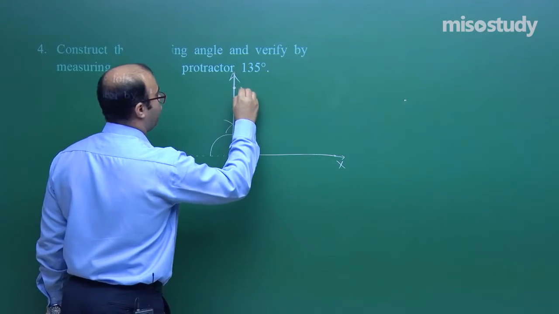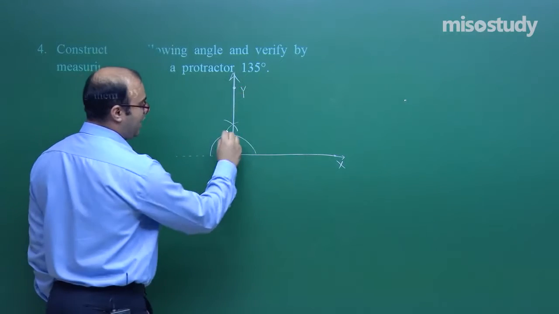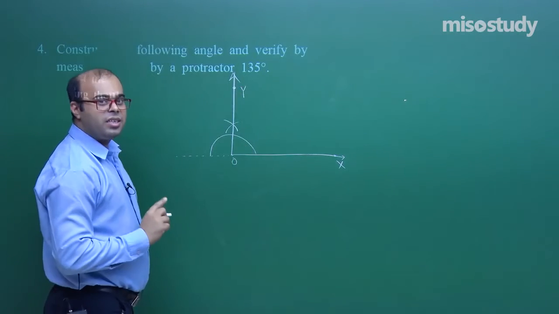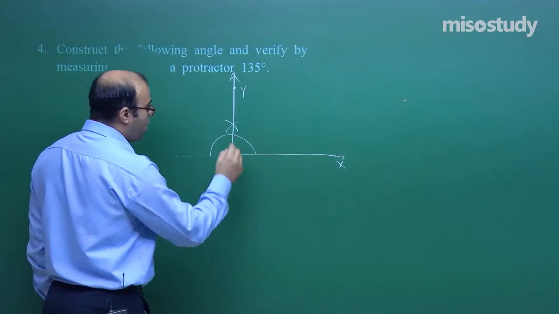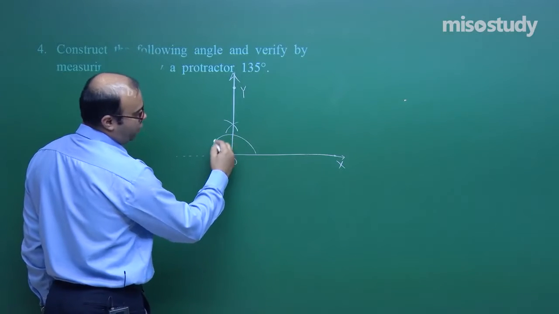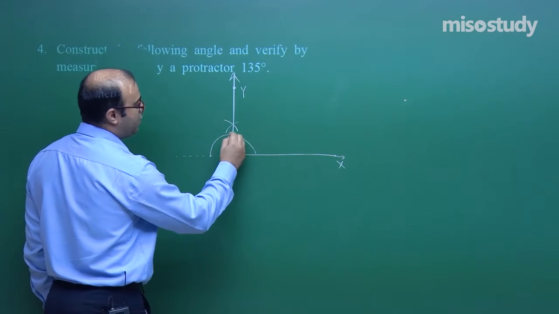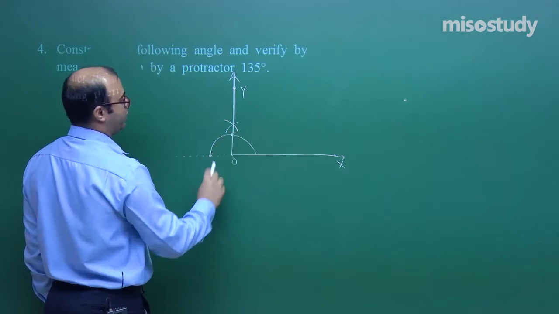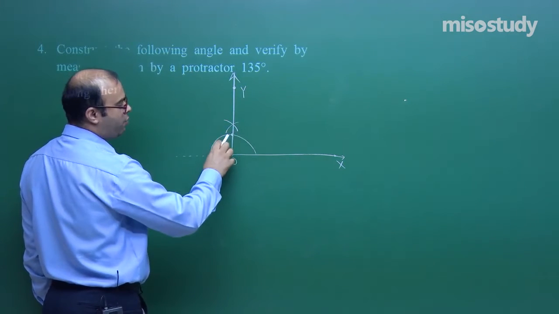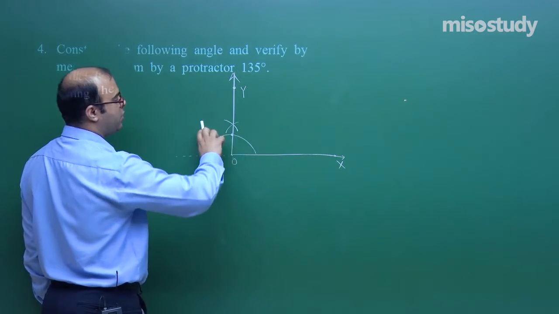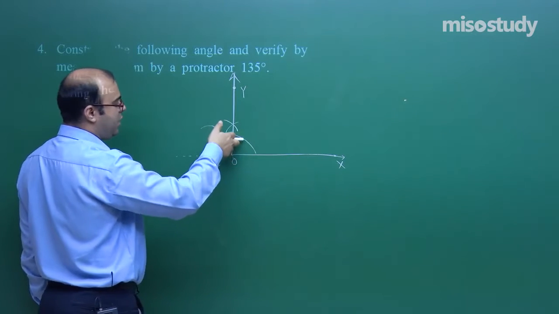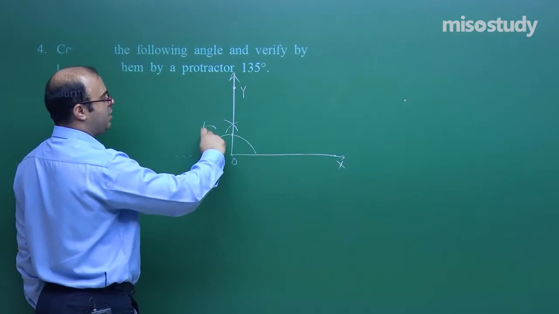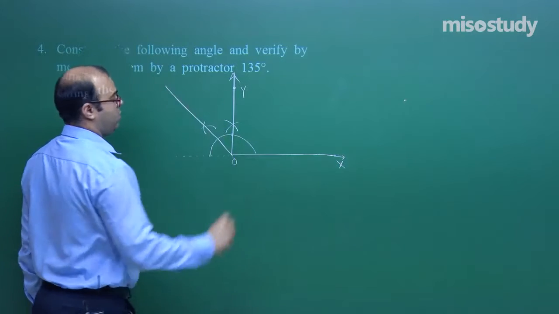So this is XOY. Now we have this angle 90 and this angle 90 as we had studied in the first question itself. Now what we will do, take this part of the angle, and this part of the angle has these two end points. Take an arc more than half of this. Take an arc with the same radius, this point as the center, take another arc and join this like this.